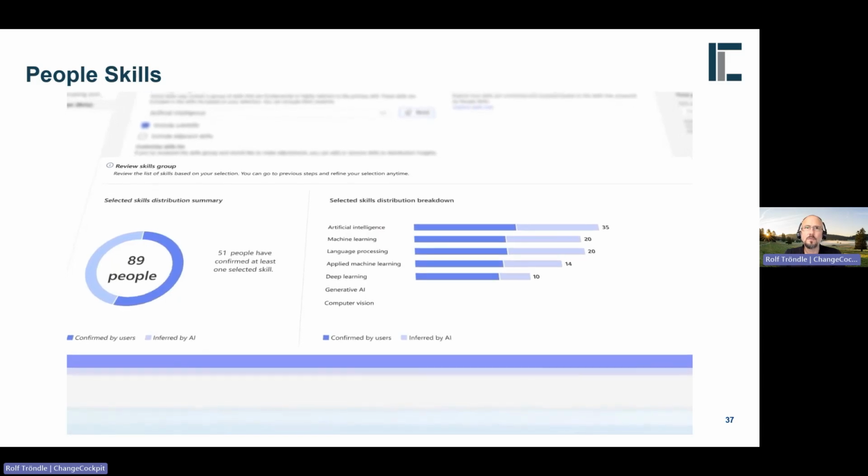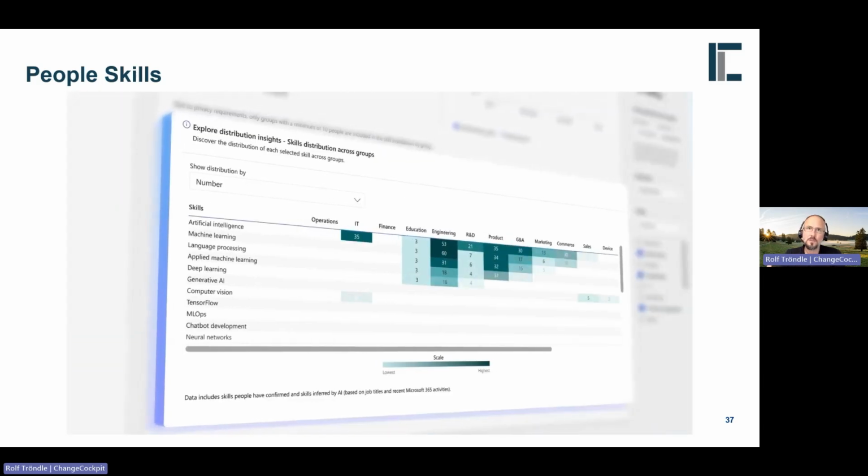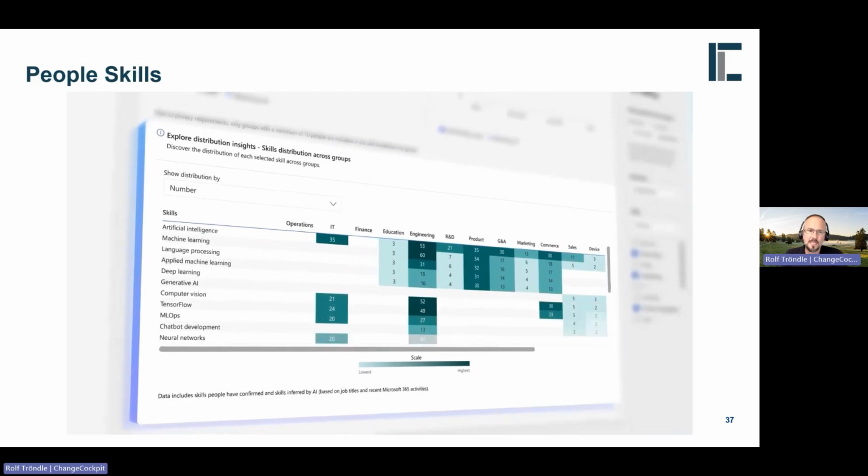Everything is included with distribution. All our reviews are included in Viva Insights. So it's a combination, an integration of the People Skills Agent with already existing Viva tools. It's an extension of these Viva tools, and it will help you identify skills in a region or